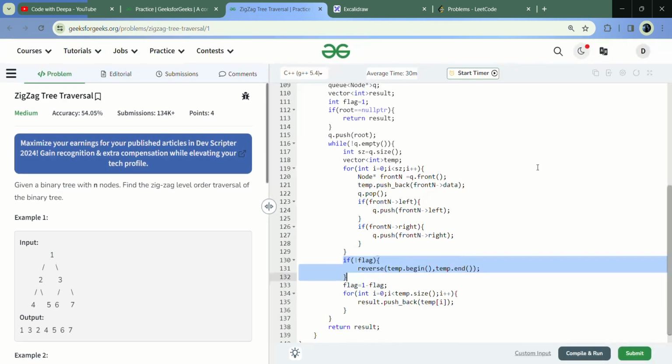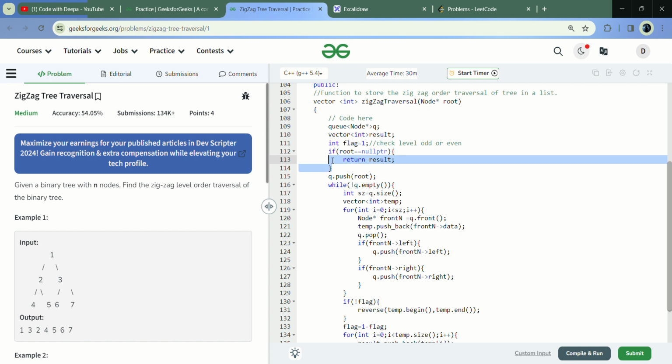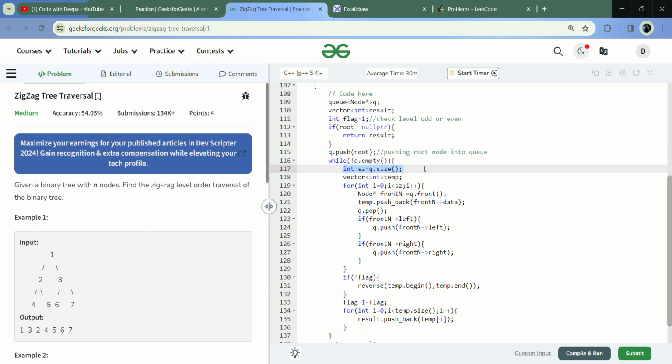Okay, so let us see this code. First we have created a queue to store my nodes, then a result variable to store the result, flag variable to check whether the given level is odd or even, then checking whether the root is nullptr, then we have to simply return the result after pushing root node into queue. After that we are taking here the size of queue in this variable,